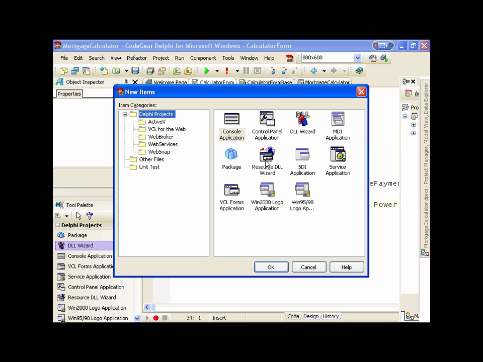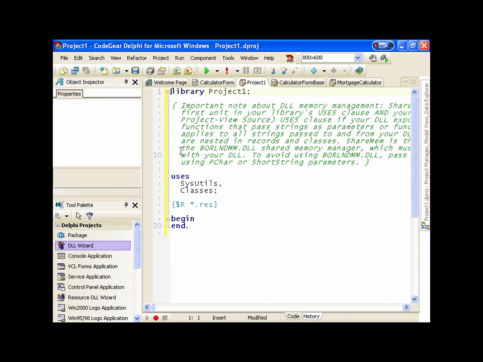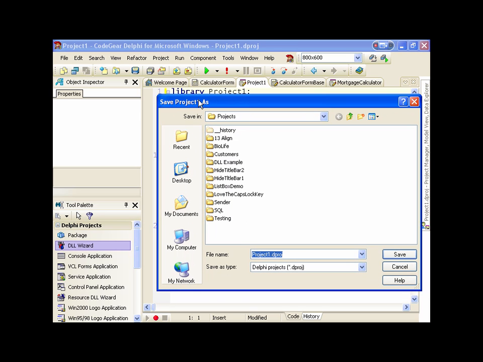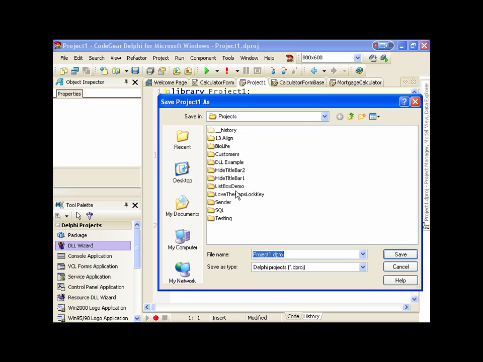Add new project, and, there we go, DLL wizard, and we've got a new blank project. And let's start by saving that off. And we'll call it